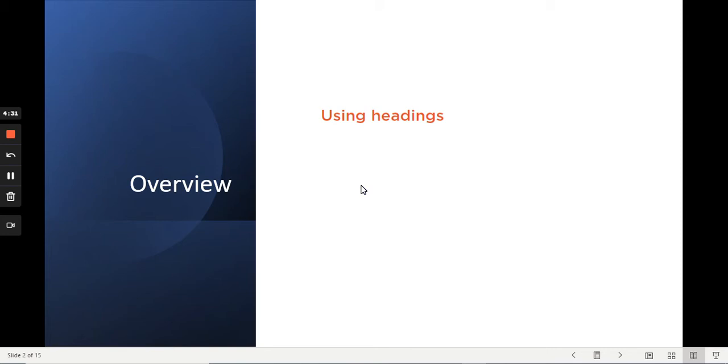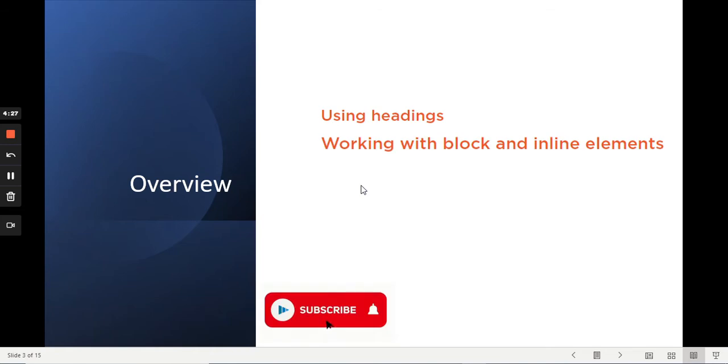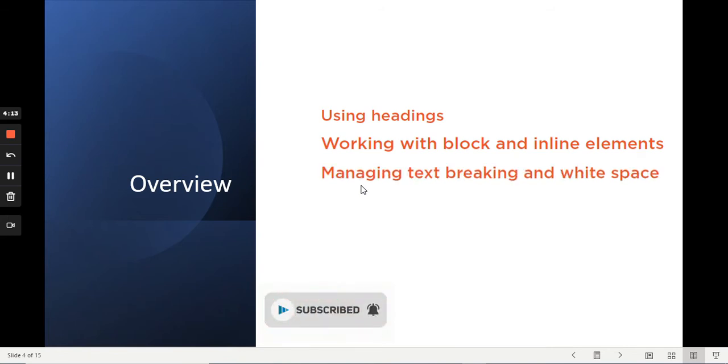and to call out different levels of information. We will see how the browser works with block and inline elements. Different elements in our markup will be treated differently in regards to how they are rendered. We will also look at some special considerations in markup for handling things like line breaks and white spaces that we might not think of normally when just creating text in, say, a word processor.